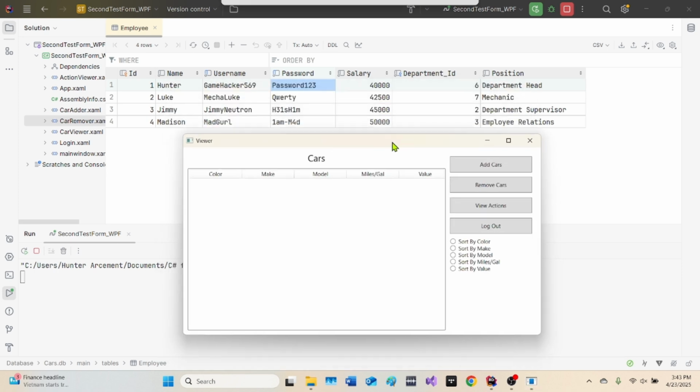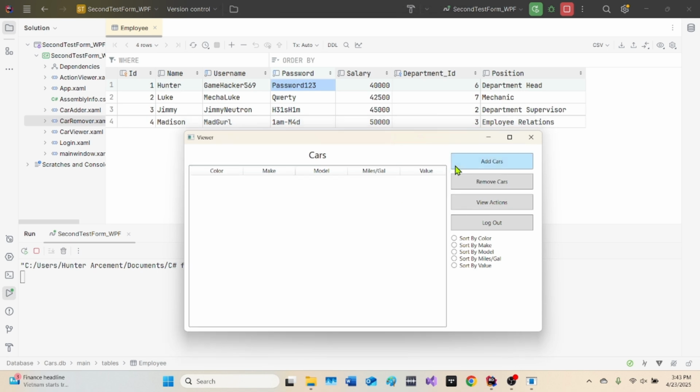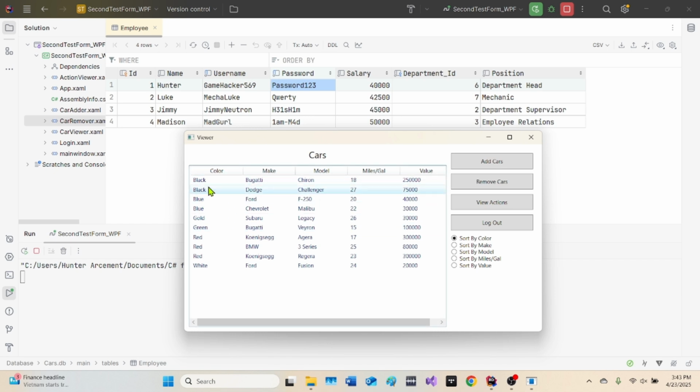So now he's logged in, and now he can view all the cars, so he can view them based off the color, he can view based off the make, he can view based off the model, the MPG in descending order, and the value in descending order. Then he's also able to go into these other tabs,